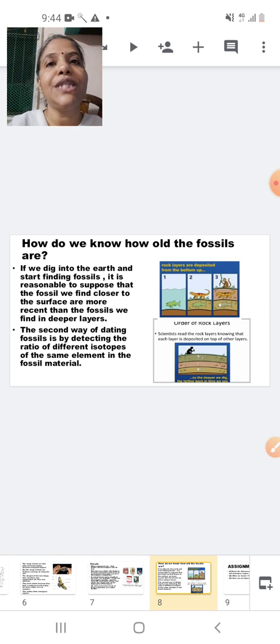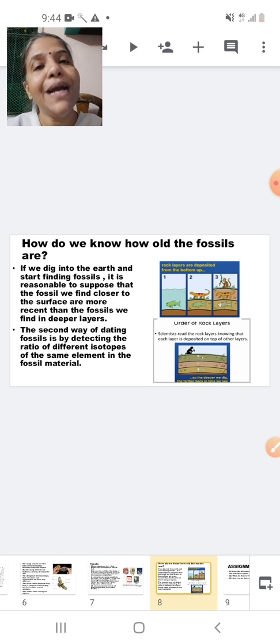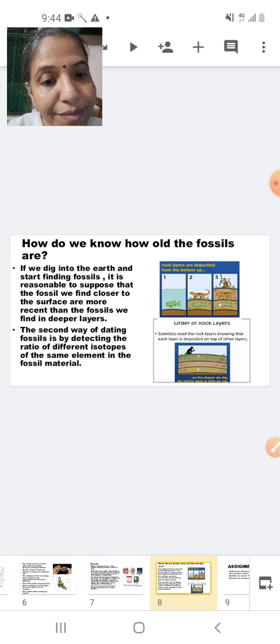And as you study the fossils, we will come to know which organism is the most primitive, which is the first one to inhabit the earth's surface. As I told you, in the case of the vertebrates, the Pisces were the first one. Pisces means fish, followed by amphibians and so on and so forth.